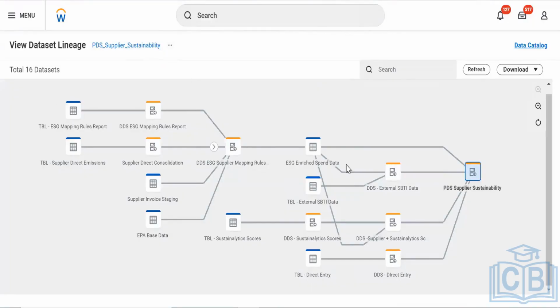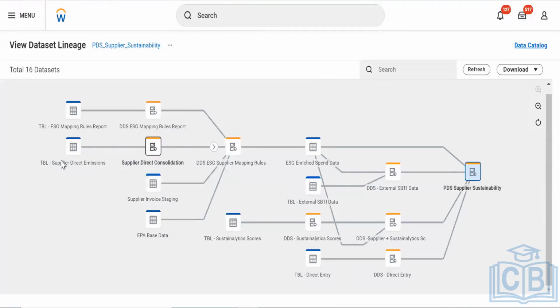Supplier sustainability, and you can try to understand what they are doing. What steps are they doing? It will give a clear understanding, because there are chances that you will be working on existing things which are already created. These are the steps. First of all, understand the lineage, that is, which data will flow from where.